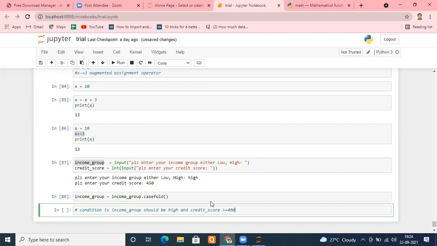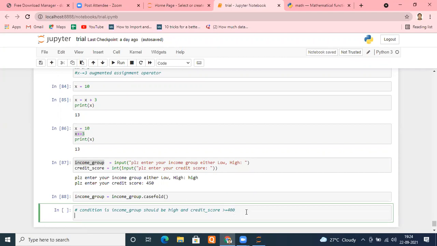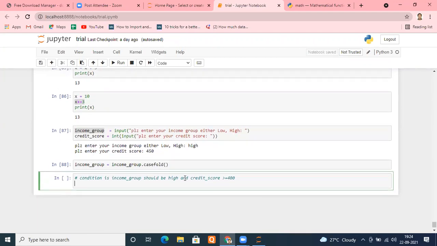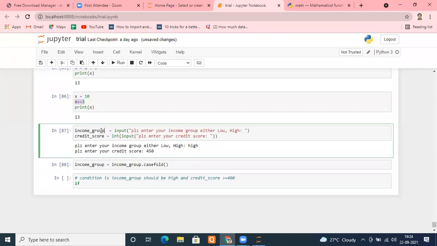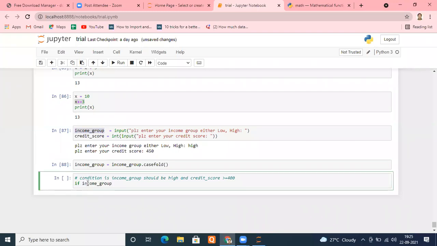So what I will do now, remember, here comes my savior, the if condition. If what condition you want to check? Remember, what you want to check first of all? Income group is high. So I'm taking income group. Now I'm doing equals, right? So equal is a string. Remember, it's a string, right? I'll type HIGH. Is it fine? Please check it.